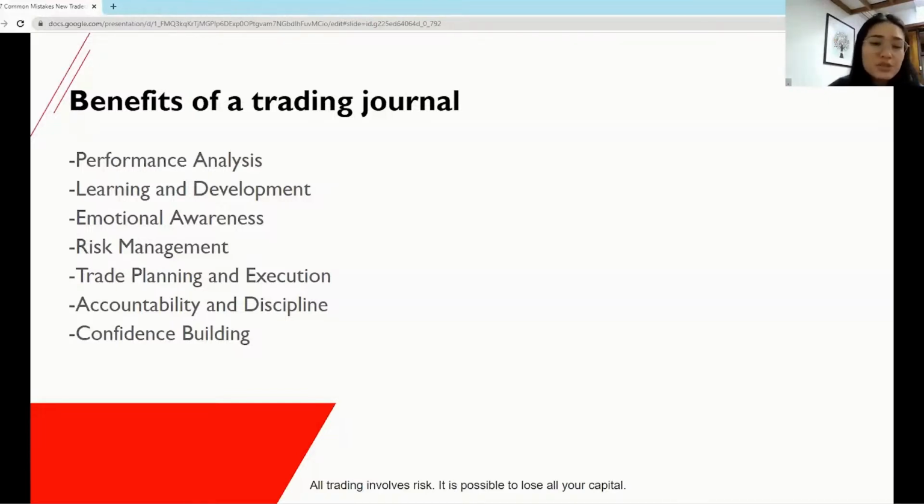Next, we have risk management. Okay, we went through this already, so I'm not going to touch that. Trade planning and execution. We talked about that as well. Accountability and discipline. Yeah, we mentioned that as well. And confidence building, which we mentioned is similar to having a trading plan. So boost your confidence by documenting your successes and learnings, and you can review your progress and build confidence in